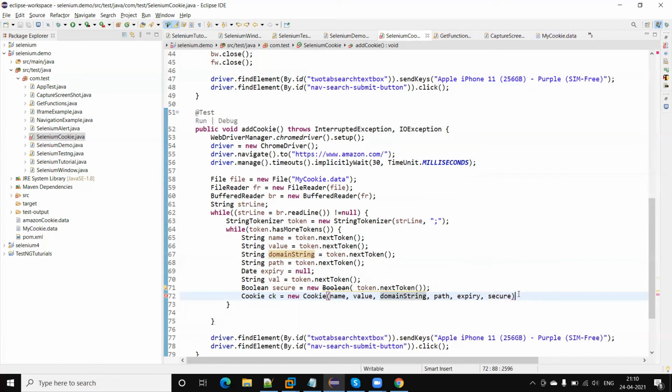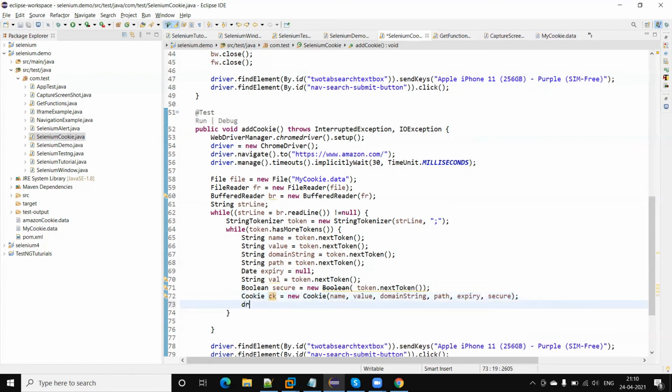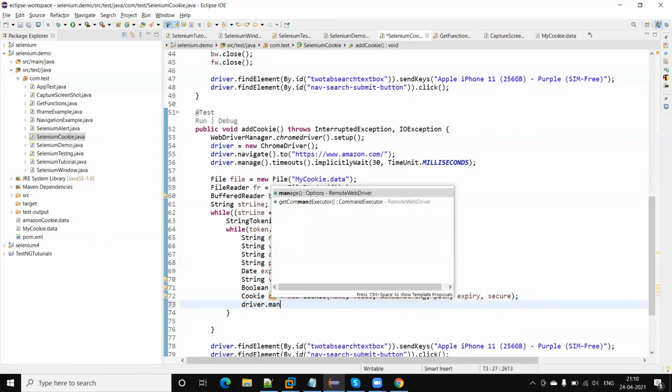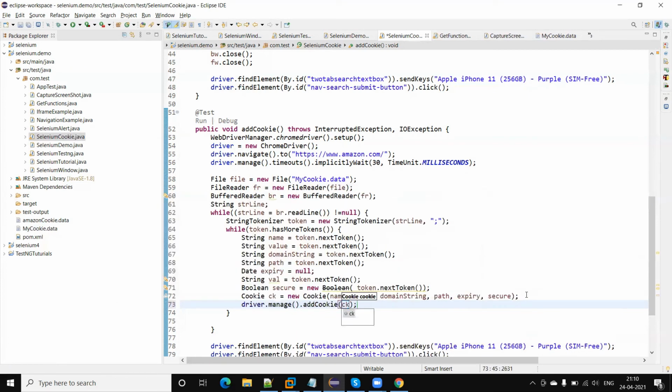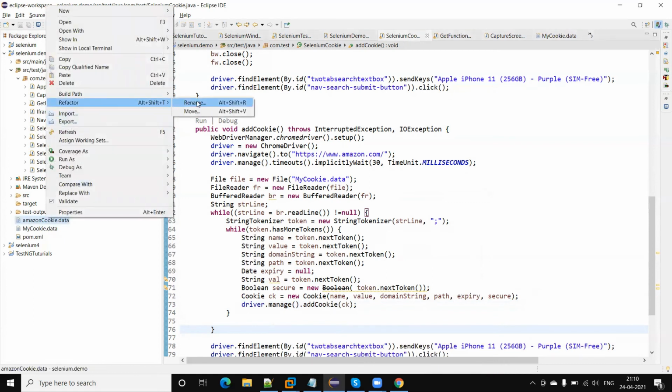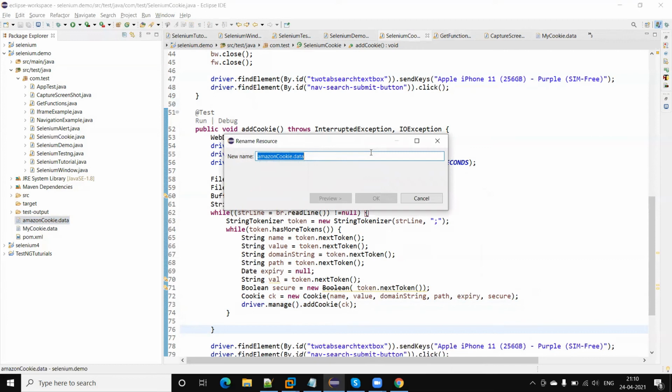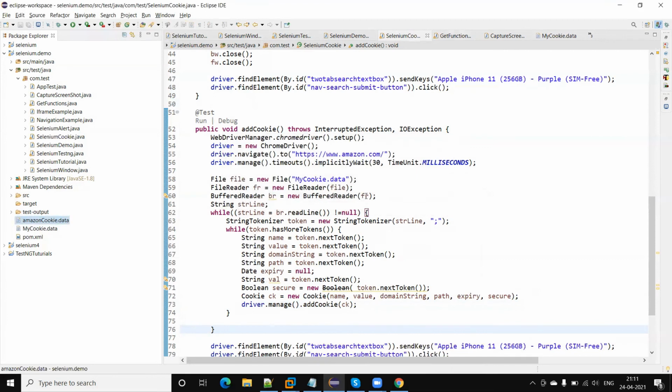I'm going to store it in a cookie file, CK file, and then I can call the driver.manage dot add. Here I will add the CK cookie. Okay, so this will add the cookie in the browser, and then this will load into the browser. So let me add this cookie. In this cookie I have already added the username and password. So after that I have captured this, so we will get the user able to log in. So I will show you also.